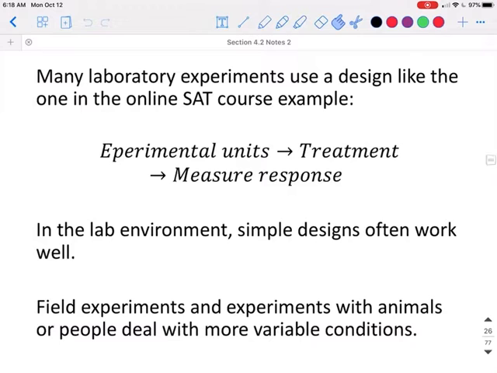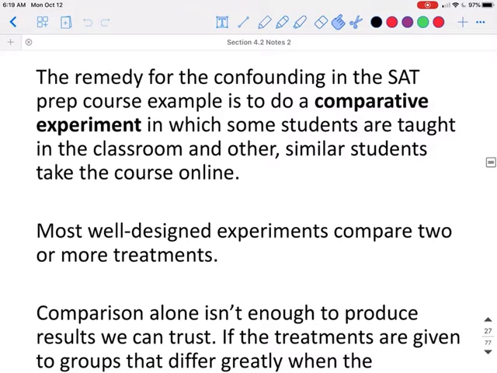Many laboratory experiments use a design like the one for that online SAT course example. We have experimental units, we know their treatment, and then we measure the response. In a lab environment, simple designs often work well. Field experiments and experiments with animals and people deal with more variable conditions. The remedy for the confounding in the SAT prep course